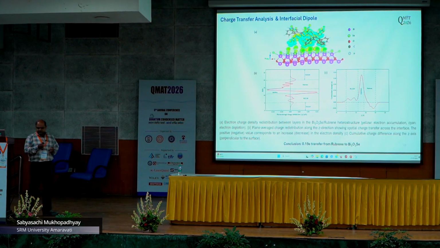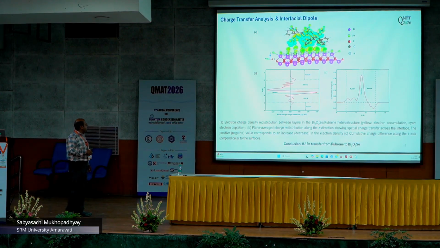So we try to study the charge transfer analysis, what is happening in here. On the top is the electron charge density distribution layer for the different atoms we have found, and we have plotted the cross sectional value of the charge density. What we have found is that along the distance of the interface, there is some kind of charge motion. And then we also calculated with the continuity of the charge, and we find out around 1.9 eV of electrons have been transferring from rubrene to the two-dimensional materials.